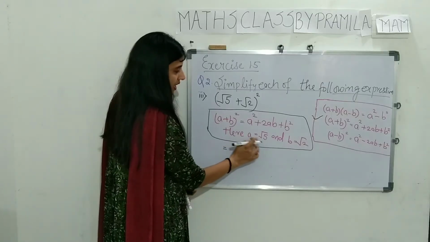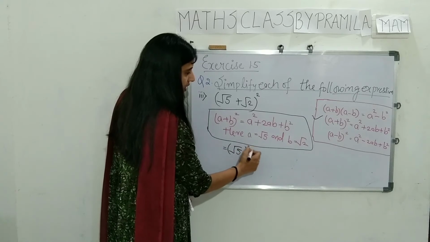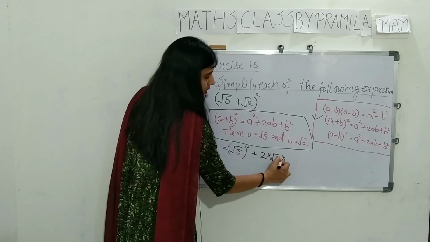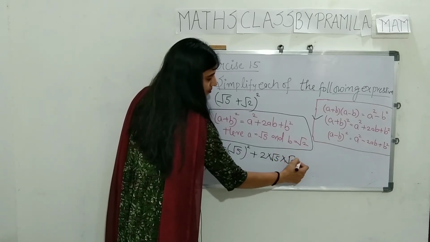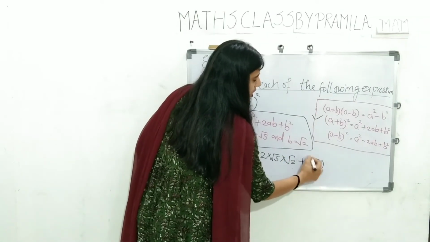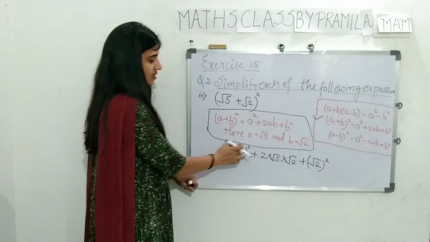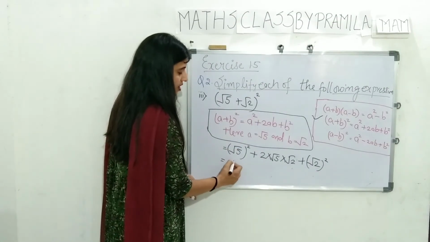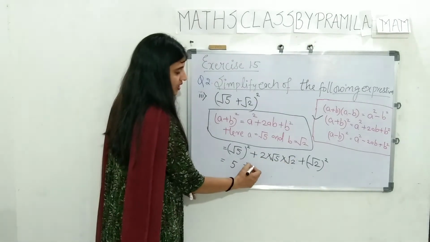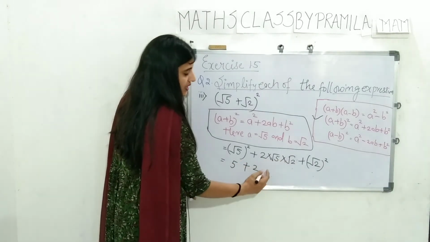Now a square, a is your root 5, so root 5 whole square plus 2 into root 5 into, what is b? b is root 2, plus root 2 square. Okay, now again I told you this will cancel each other. You will get only 5 plus 2, root 5 and root 2. Even you can multiply root and root also. 5 2s are 10, so you can write